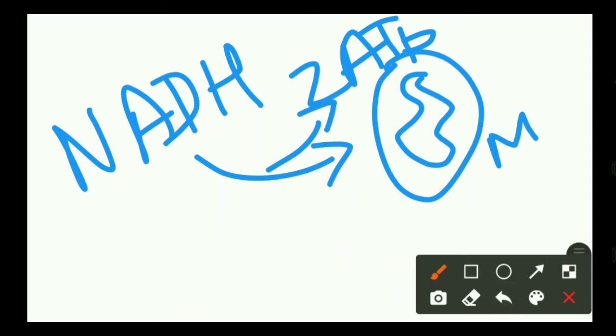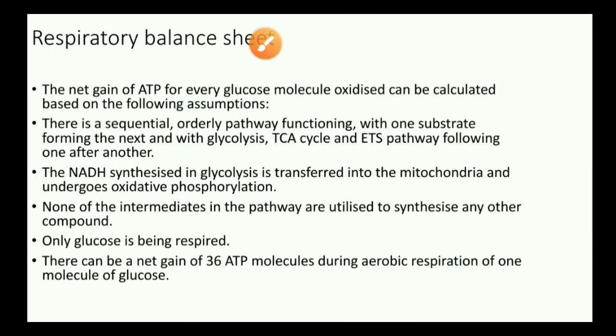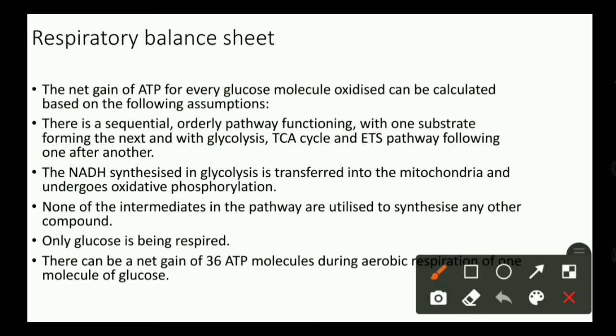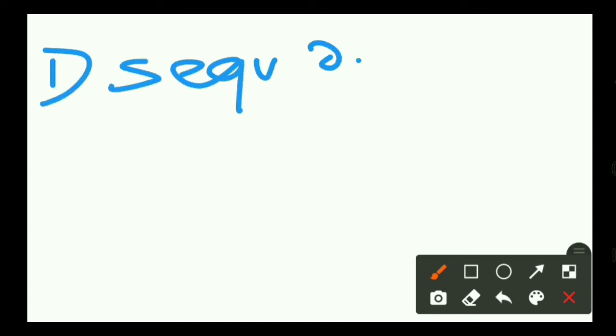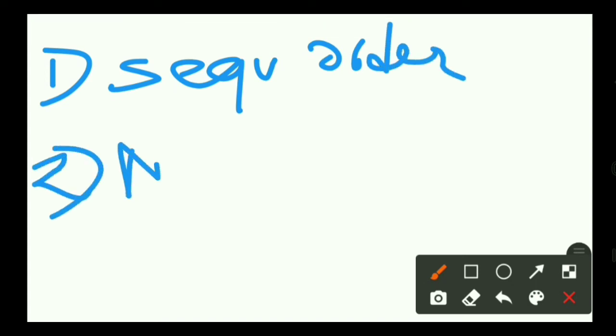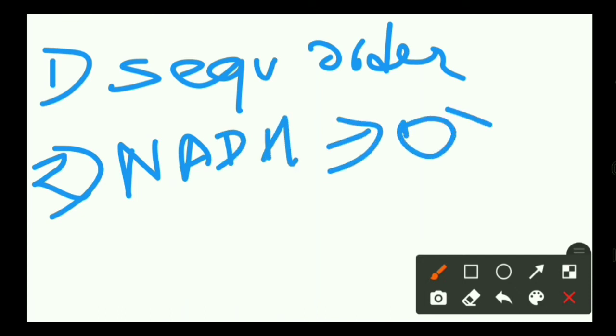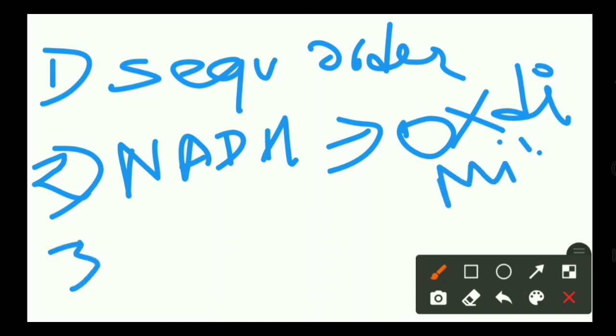So the respiratory balance sheet has some important assumptions that you need to understand. The first assumption was that it should be a sequential order. The second one was that NADH will be used for oxidative phosphorylation in the mitochondria. And the third one was that this